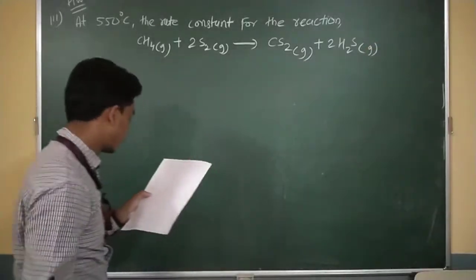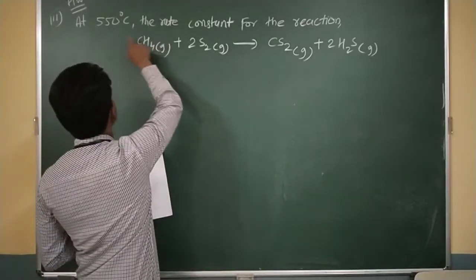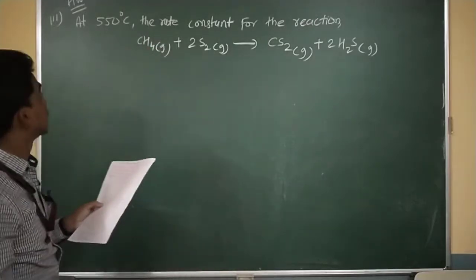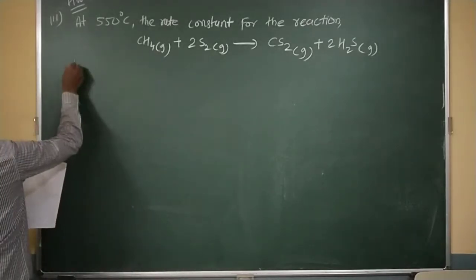Okay, this is the chemical reaction given. So for this chemical reaction, at 560 degrees Celsius, the rate constant for the reaction is